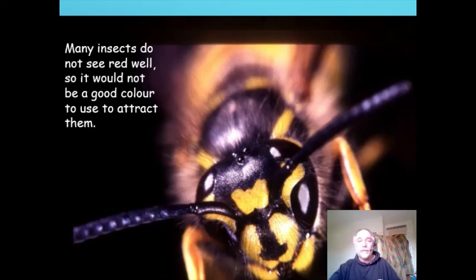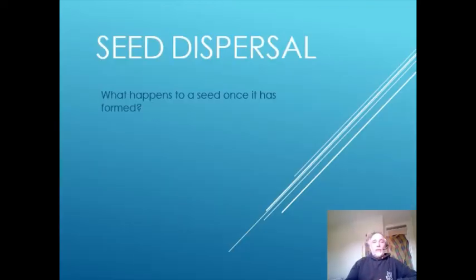toxicity in there. Okay, so we've recapped pollination and fertilization. We've had another look at that, and we've looked at ways in which pollination can occur. And now we're going to talk about what happens once a seed is formed. How does a seed get from the fruiting flower to the ground so that it can grow again? This is something called seed dispersal. And that basically answers the question, what happens to a seed once it has been formed? So let's have a